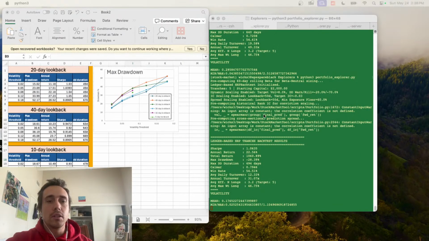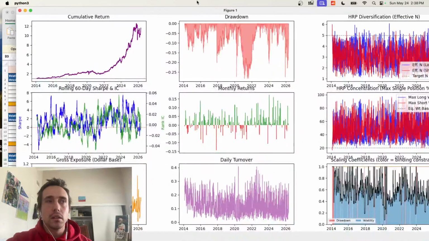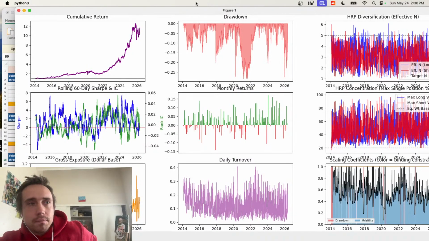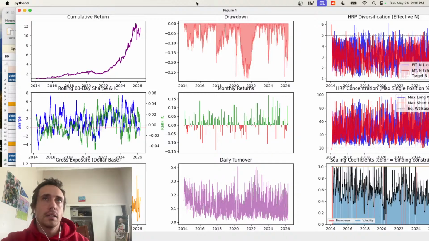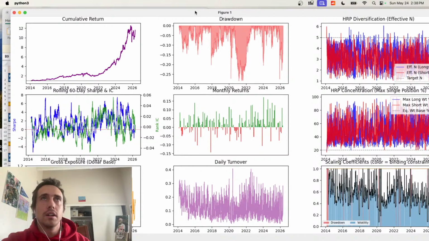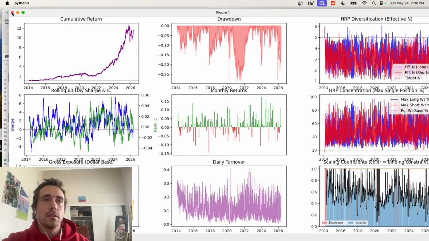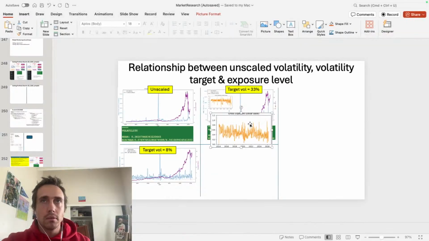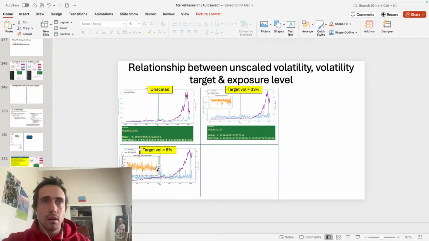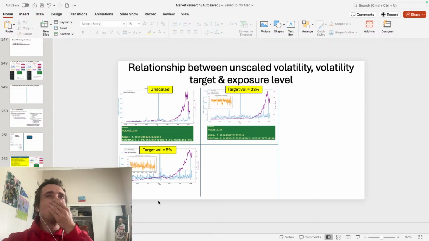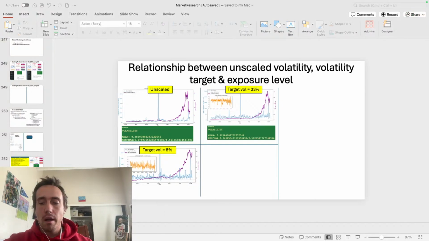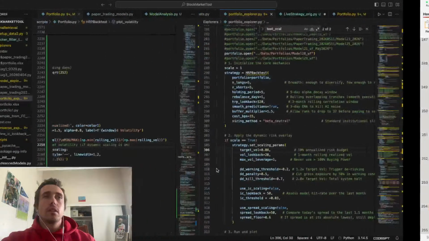All right, so let's see what we think about this. Yeah, gross exposure is lower. But let's try just cranking it all the way down now. All right, so let's get the